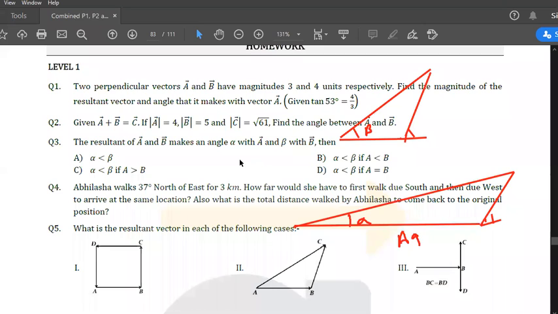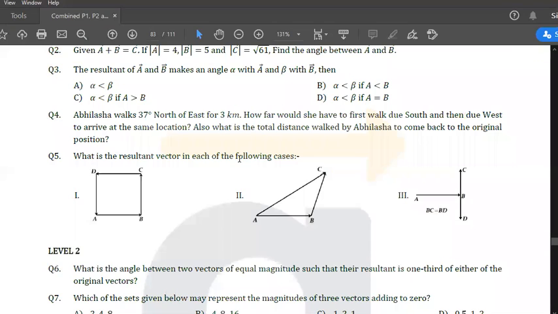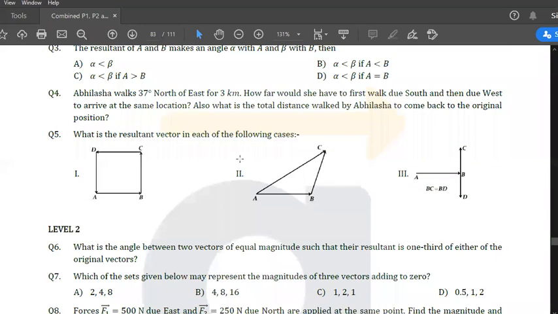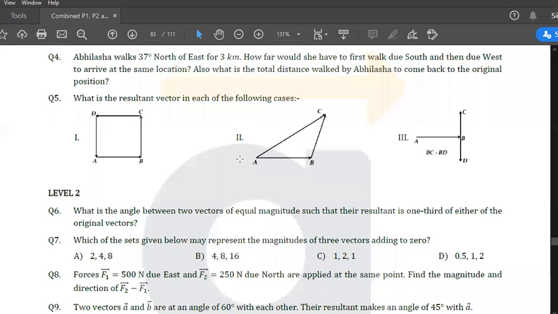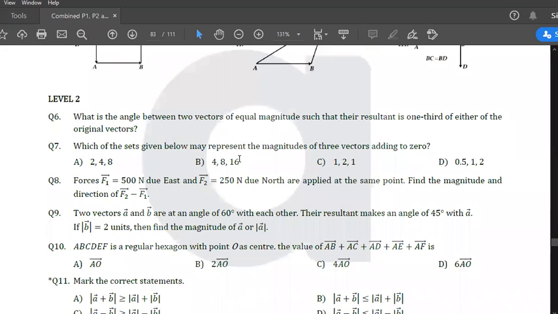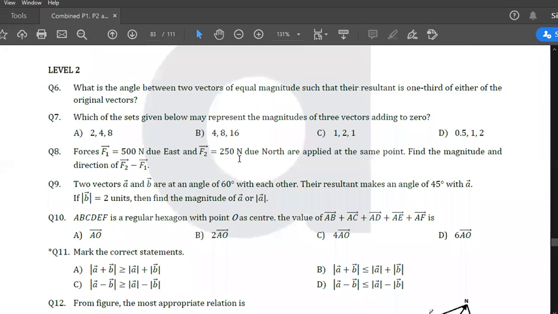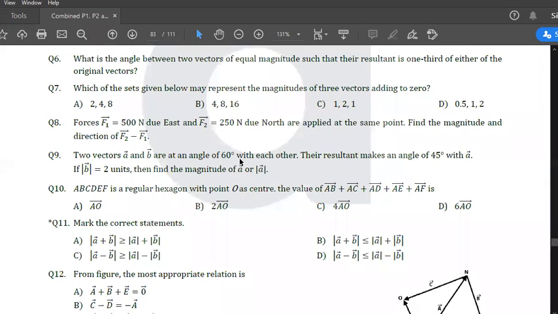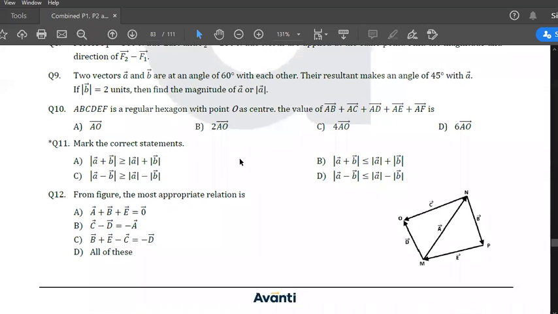So these type of questions you have to think. Now question number 4 we have already solved. Question number 5 we have already solved. Question number 6 we solved. Question number 7 we solved. Question number 9 and 10 also we solved. 11 I told you to leave. And 12